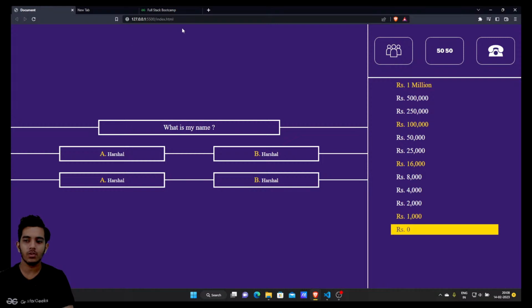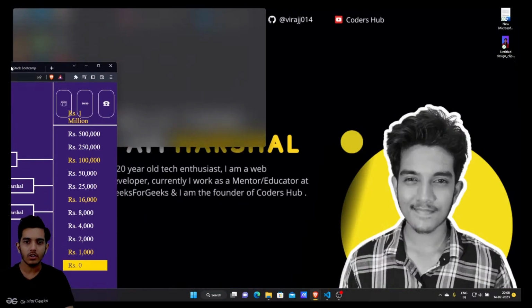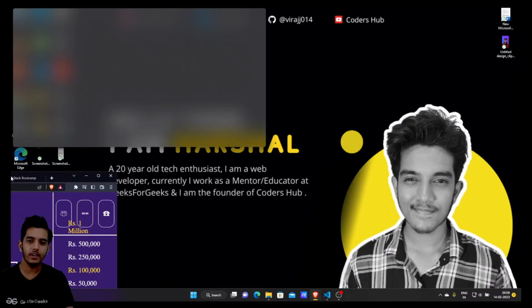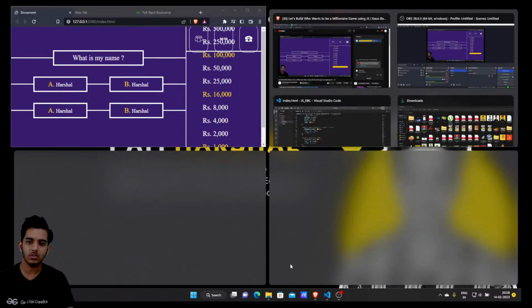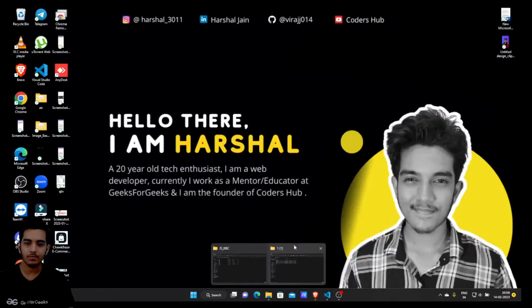Now I can continue with this UI part. For that, I'll split my screen so that everything is clear. And one more thing before moving forward,